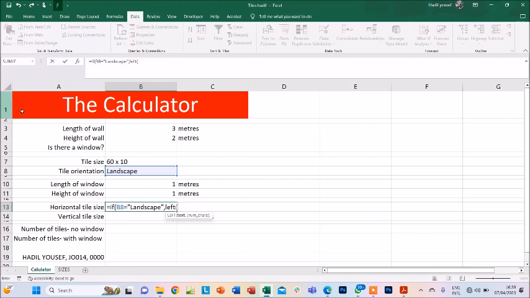This B7. And now here, I want the left. How many? FIND x